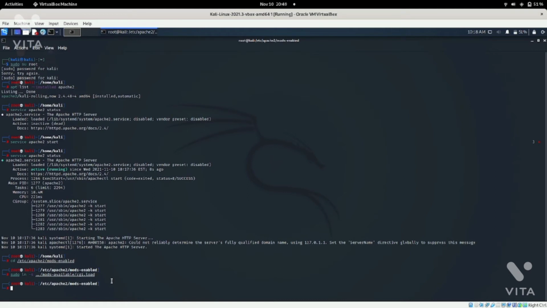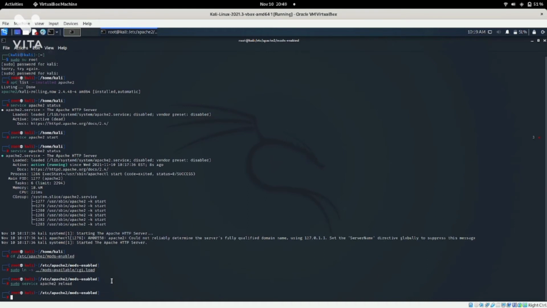Whenever you make any changes in software, you have to restart it. So I am going to restart the Apache 2 web server by using the command sudo service apache2 reload. Okay, it gets reloaded. Now come out from this folder.